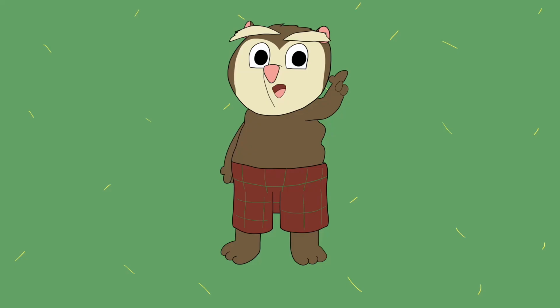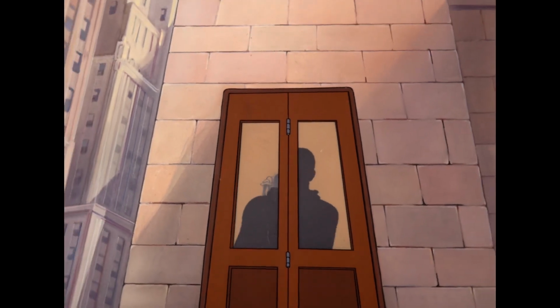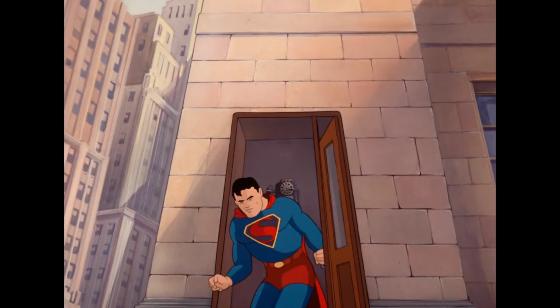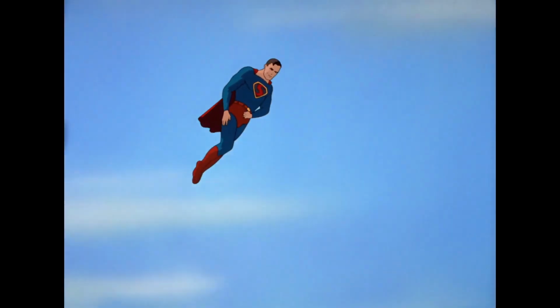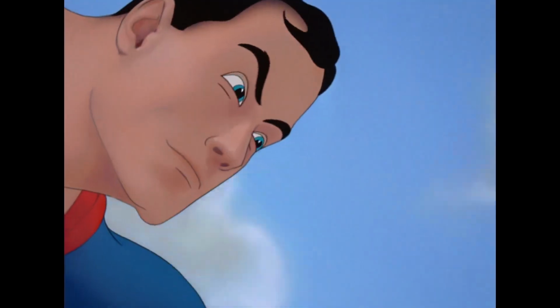Right, kinda worth noting, this is the first time in any medium to feature Clark Kent using a phone booth to change into Superman. Wee bit of a cliche now, but every trope has a good origin. Yep, can't argue with that. Well, Superman's ready. And up, and away he goes. And he sees the robot, so he dives in and...